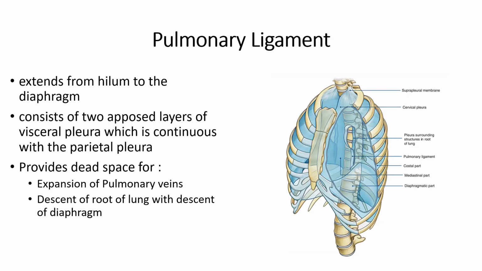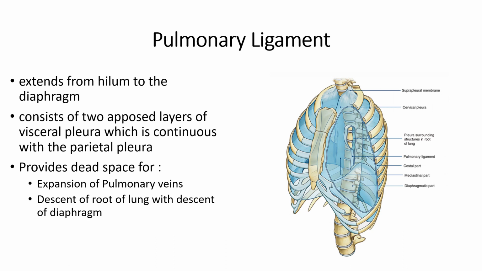Pulmonary ligament has been mentioned earlier also in this lecture. So pulmonary ligament is basically just like a hanging portion of the cuff of a sleeve around the wrist, and it is basically two layers of visceral pleura which hangs down from the hilum, and at this point the visceral pleura also continues on to the parietal pleura, and this loose tissue contains loose areolar tissue plus certain lymphatics.